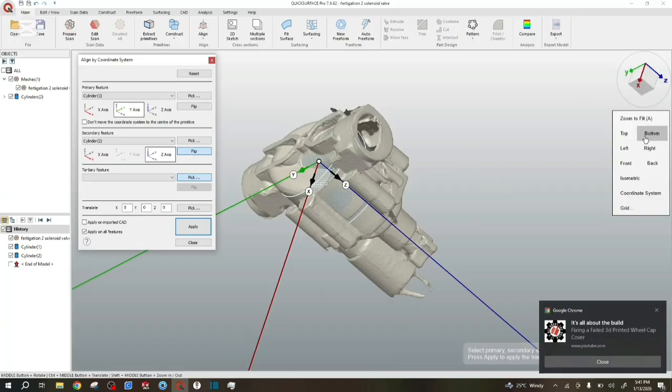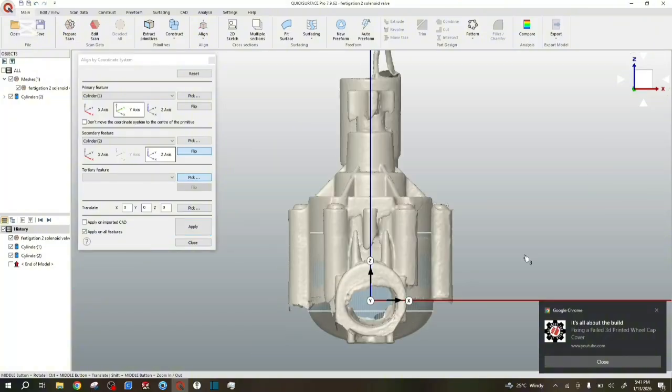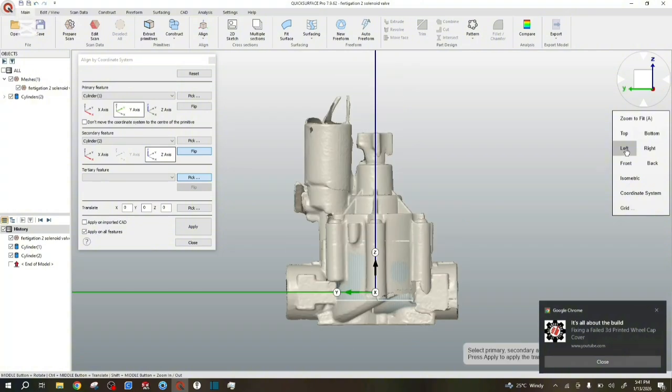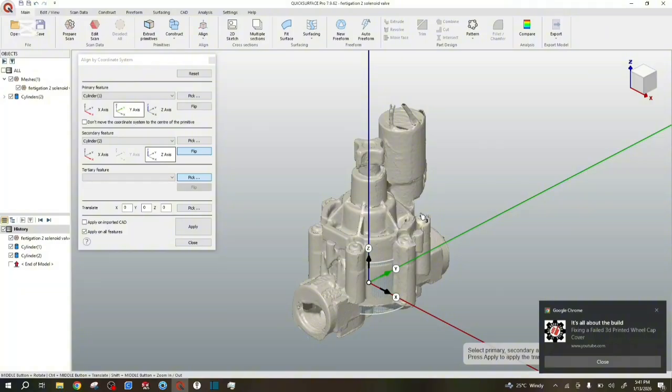Let's see how that looks. If we click our front view, we can see we have a relatively straight mesh. This is where we can start extracting some features from this part. We can see the left side is relatively straight again, and the bottom isometric looks like it's standard. So with this, we are ready now to start extracting the features. So join me in the next video, where we're going to be extracting the features and building up our